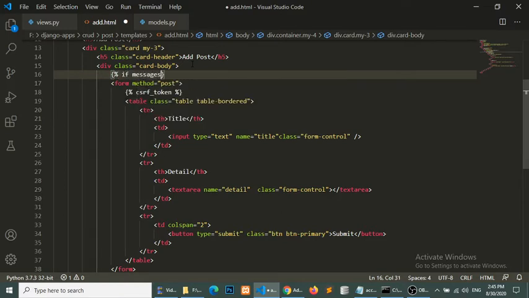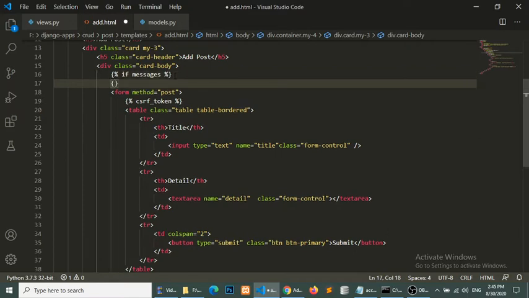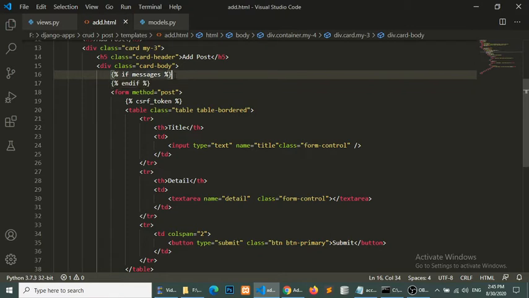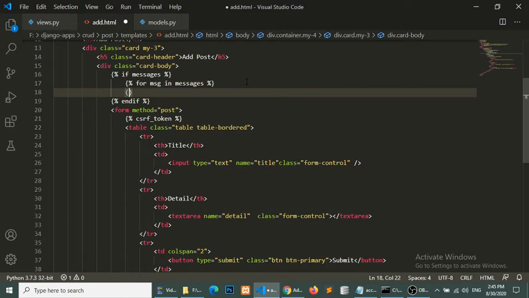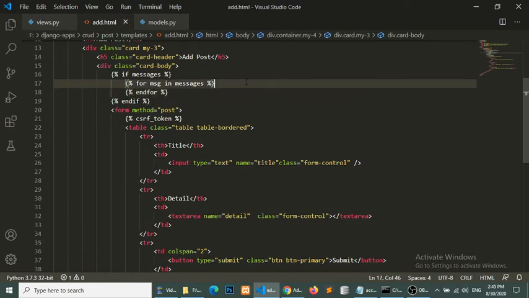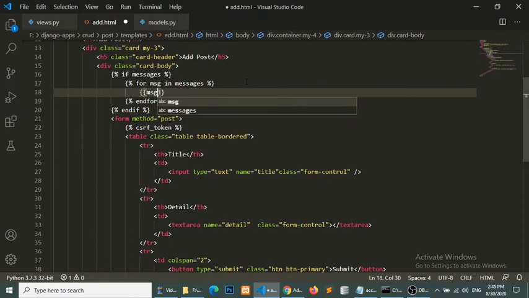if messages, then we will show the message, for message in messages, and endfor, and here we will show the message.